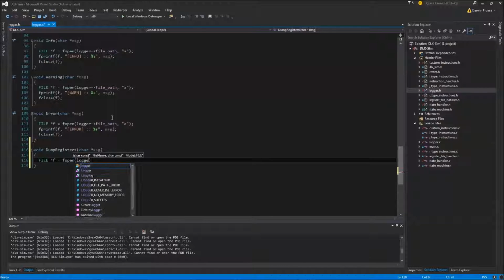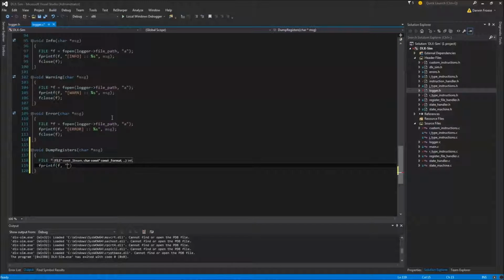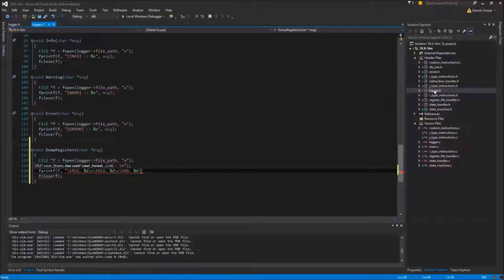F equals fopen logger file path a, fprintf registers. I'll say dumping registers, new line, and then fclose F, and then we'll print F, and we'll say tab, and which ones do we use? I'll just say rs1 %d, rs2 %d, rd %d, and we want, let's go to